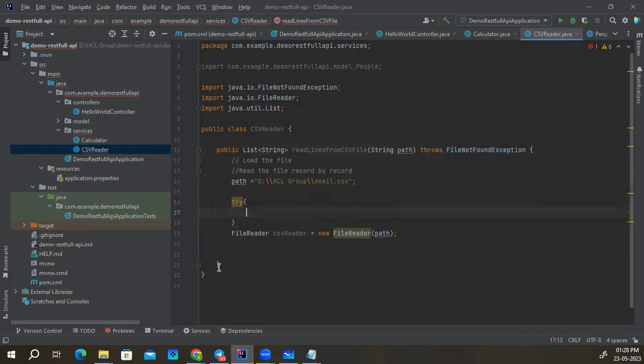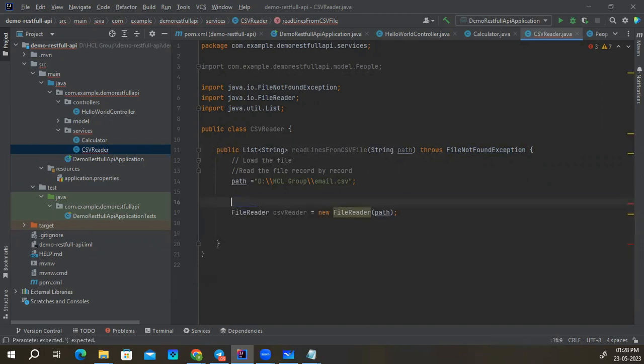Okay, you should catch that exception. So you can do it like this, otherwise you can define a throws using the throws keyword. So this indicates that this function, read lines from CSV, will throw a file not found exception if the file which you have given is